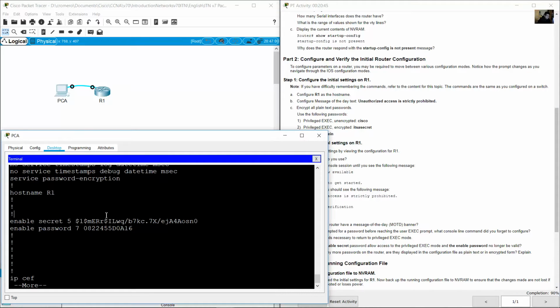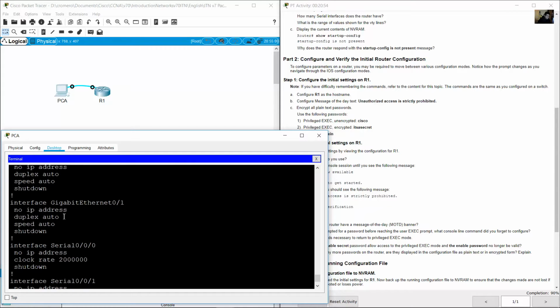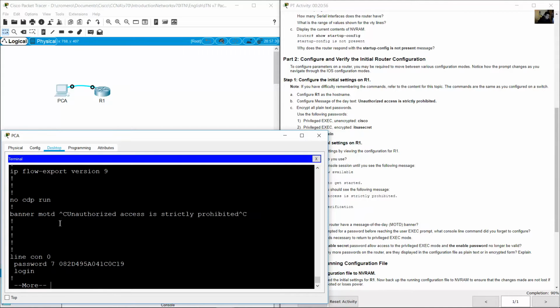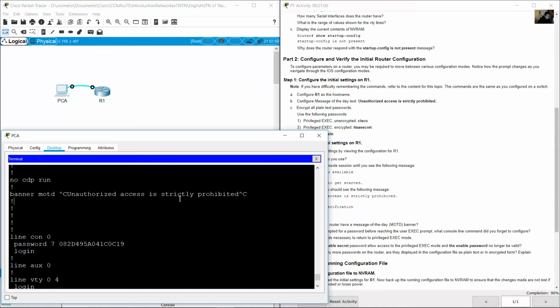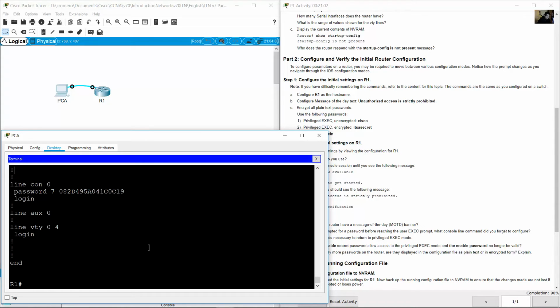The host name, the enable encrypted password, enable unencrypted password, the line console password, the banner. Okay,